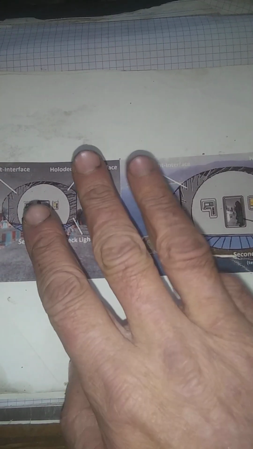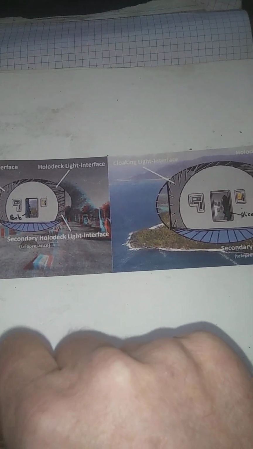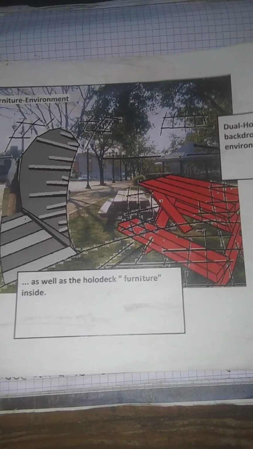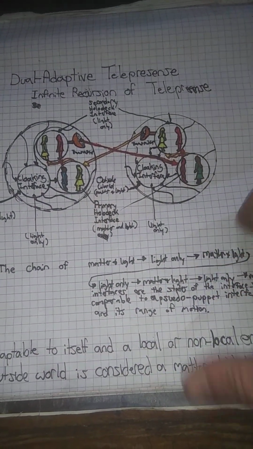There's three qualities to any kind of portal. There's invisibility on the outside, there's a holodeck on the inside, and then there's apparently floating virtual or photographic holograms of whatever exists inside, like this furniture that exists inside. And I can prove that with my photographic portal model, which I hope sort of adds evidence to my ideas